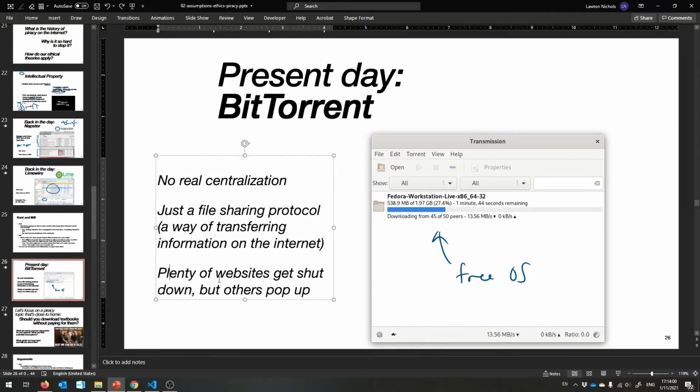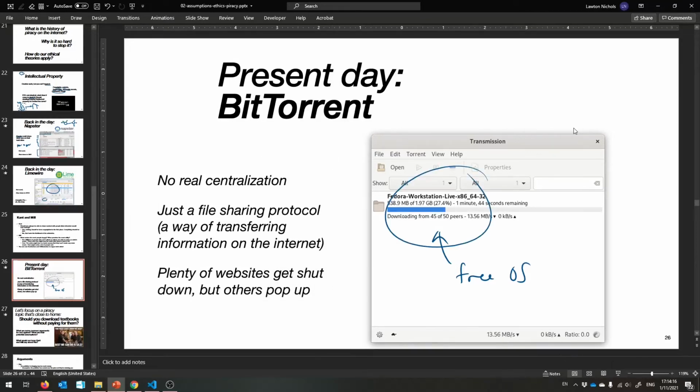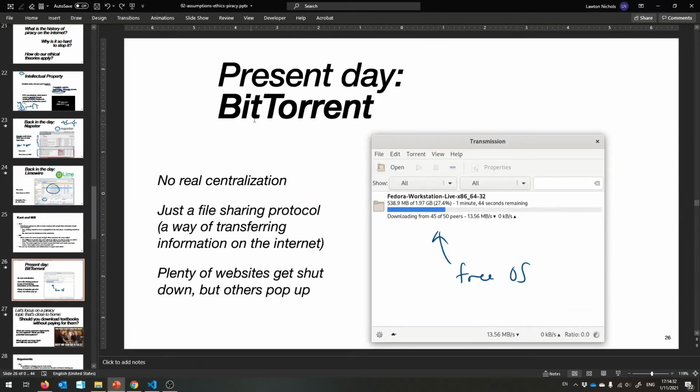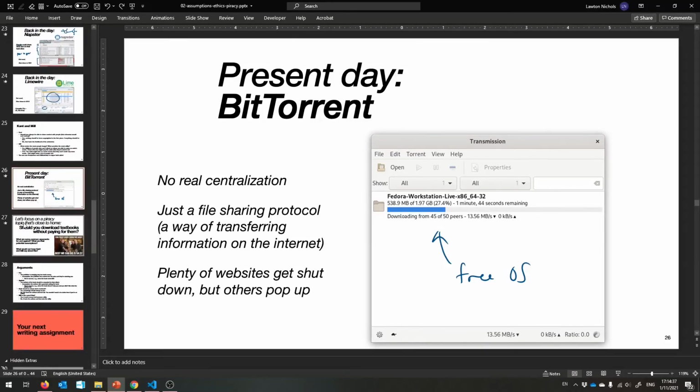So there are the ways that you use to search for things that you can steal on BitTorrent. That's always through some website, and those get shut down or moved across country borders, things like that. So plenty of websites that you can search for the things that you want to download can get shut down. But that just makes 2 more pop up. Okay? That's the idea. So BitTorrent is kind of hard to get rid of, and it is the culmination of all of these problems. Okay? That is BitTorrent in a nutshell, and people actually use it for non-piracy things.